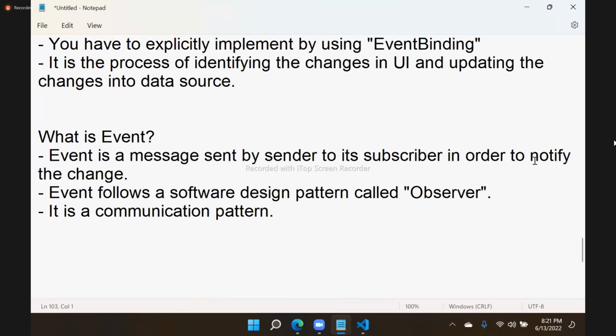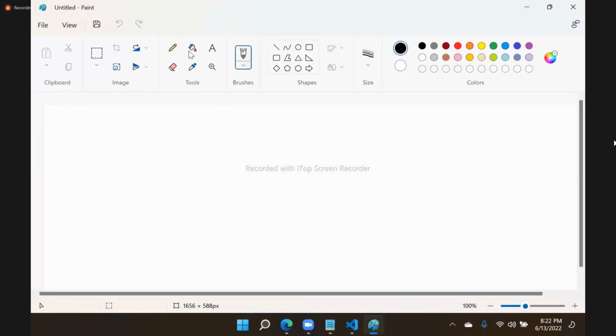So event is a message sent by sender to its subscriber in order to notify the change. What does this mean actually? Generally, that is the technical definition of event, right? So see, as you know, in JavaScript, suppose we have